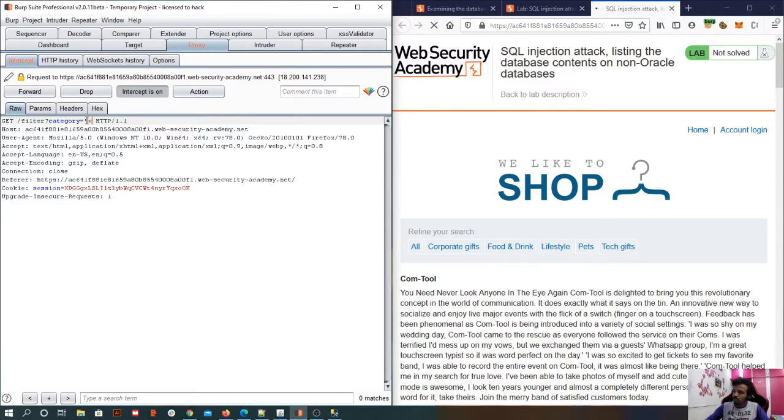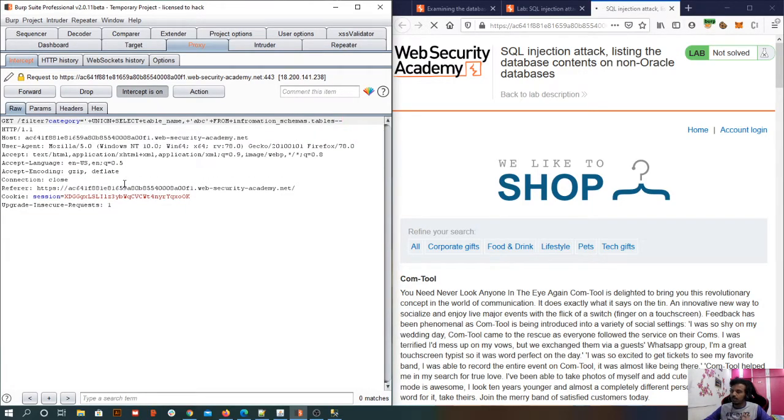Okay, I've held up the value of category, and then I'm going to execute my statement using UNION SELECT table_name, ABC FROM information_schema.tables, and if there is any remaining part in the query, I'm going to comment it out.